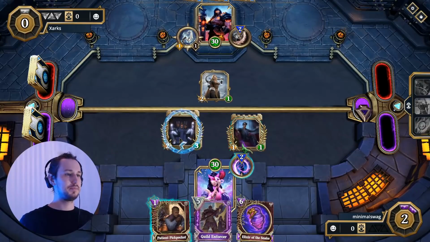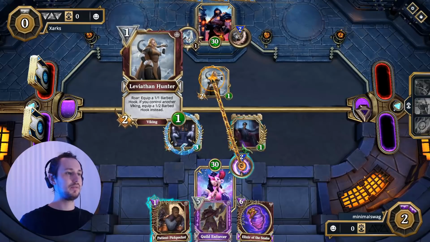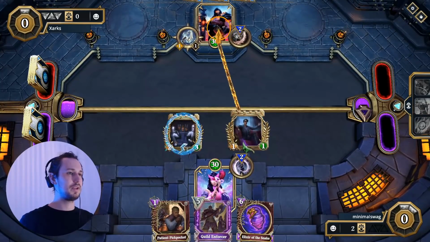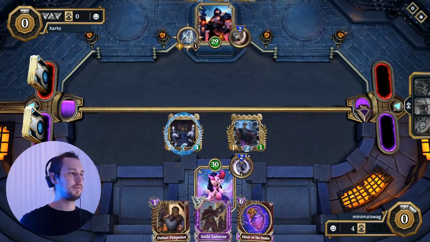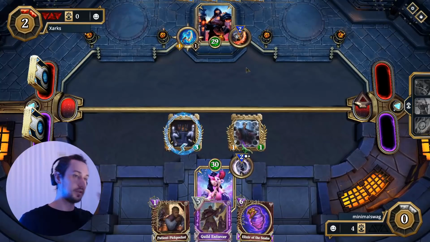And we actually just can give ourselves... Ooh, actually, there's a little bit of an interesting play here. So we can kill the Leviathan Hunter with the pip here, and it's actually possible to wait. Let's go face first. We can actually order this guy, keep him alive from the Barbed Hook for one turn,